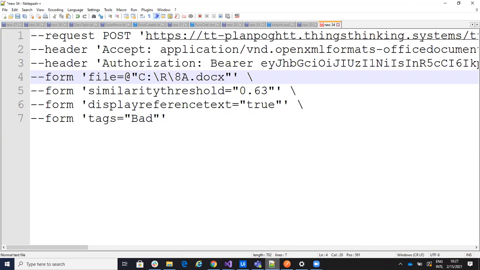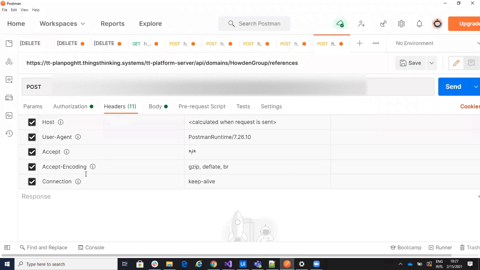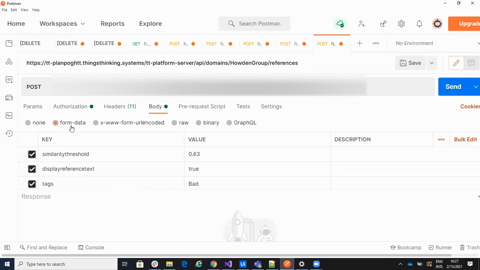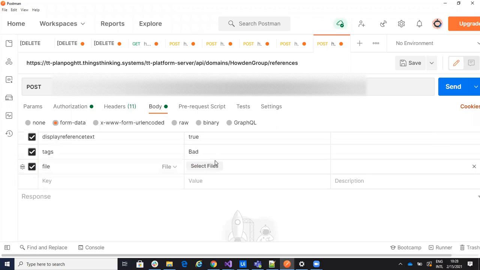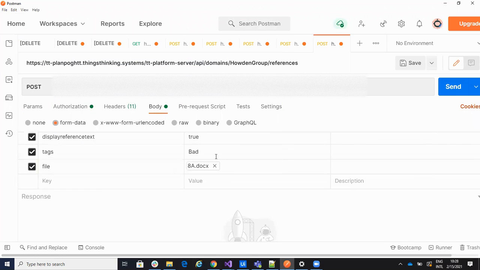Let's understand how we'll do this from Postman. On Postman, I will have the link where I will do the post. I will choose OAuth authentication and put the bearer token here. On the headers, I have to add accept, and on the accept I have application/json. Then on the body, I will select form data, and I will put multiple items here, like text. The last one will be a file. So I will go here, select file, and when I select file I have the ability to select the file from the hard disk. I will select it, and it's this one. Okay.